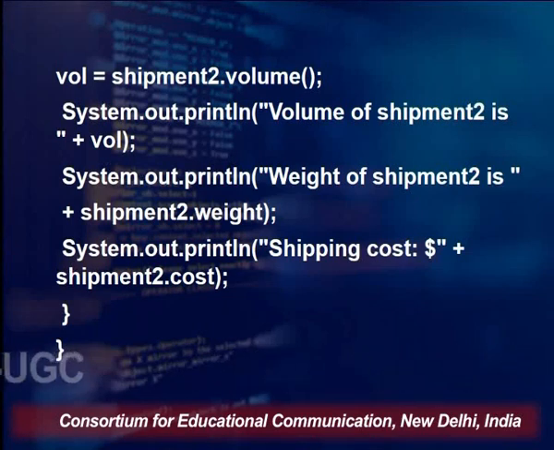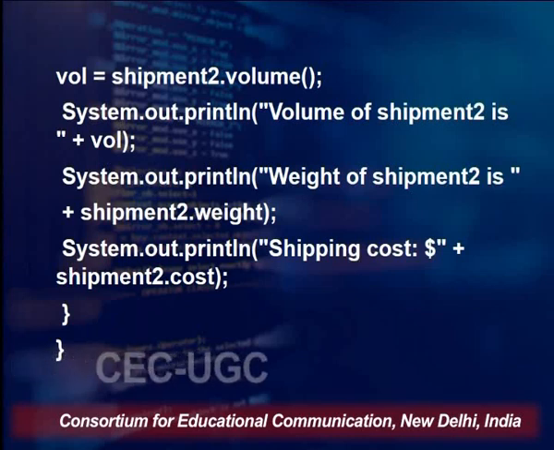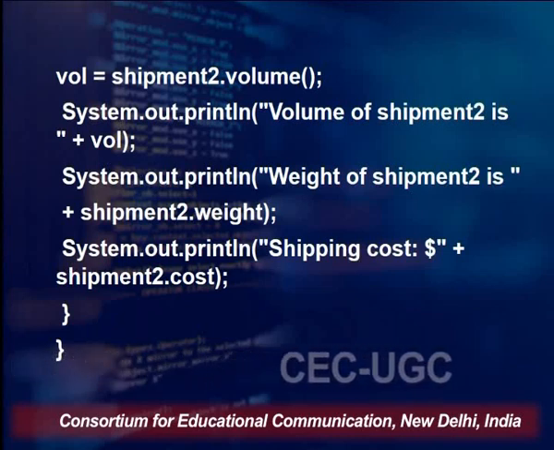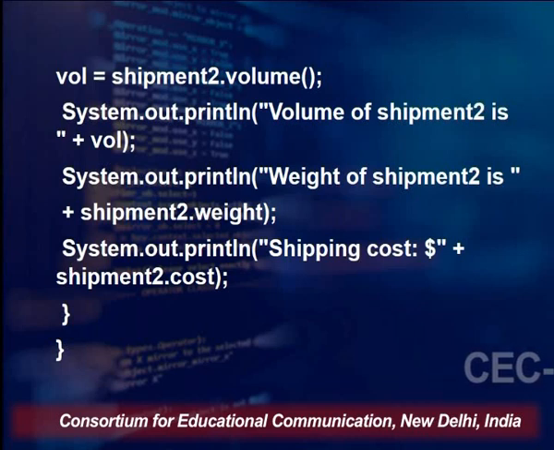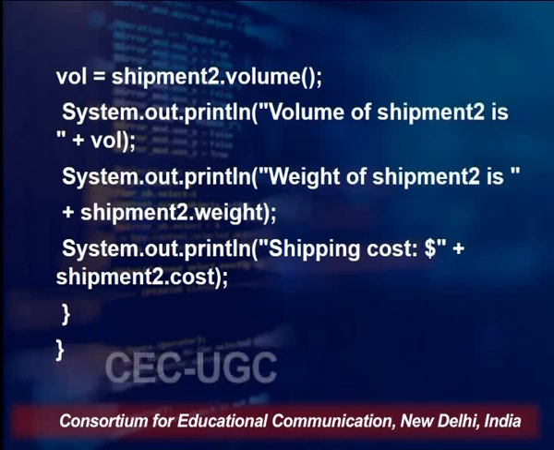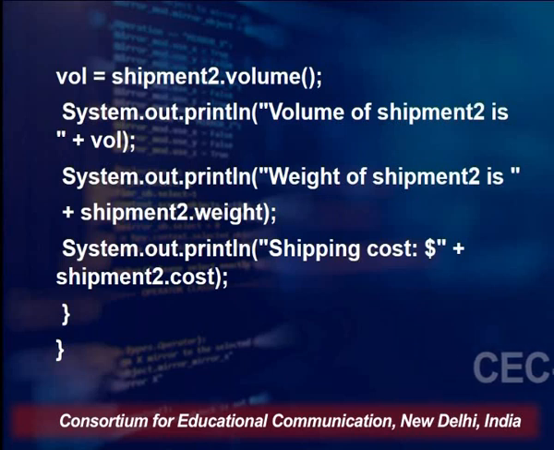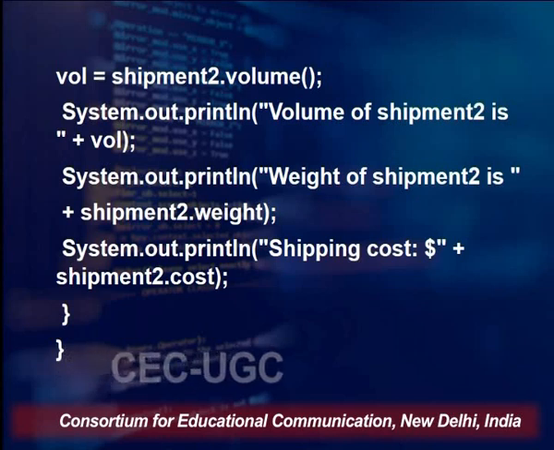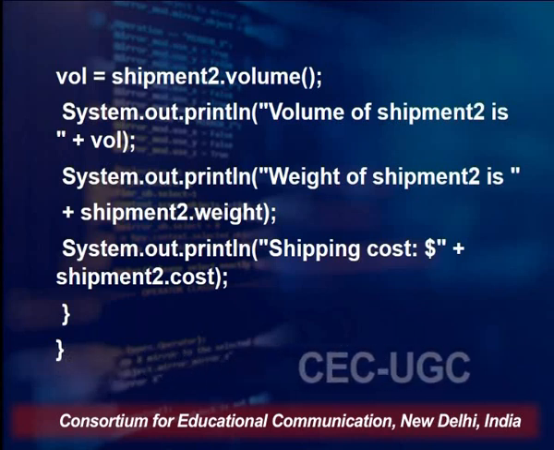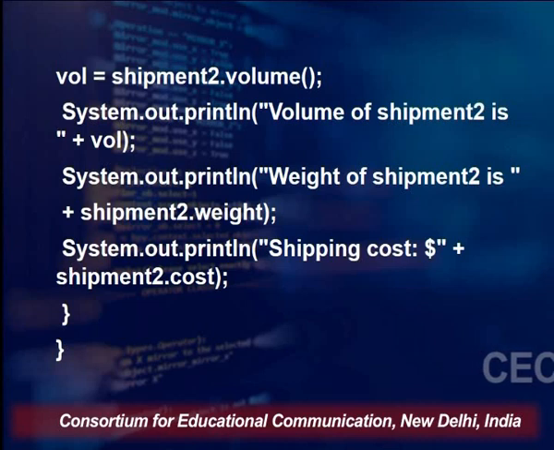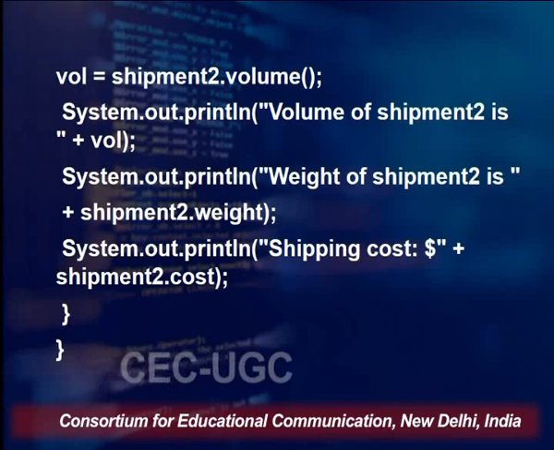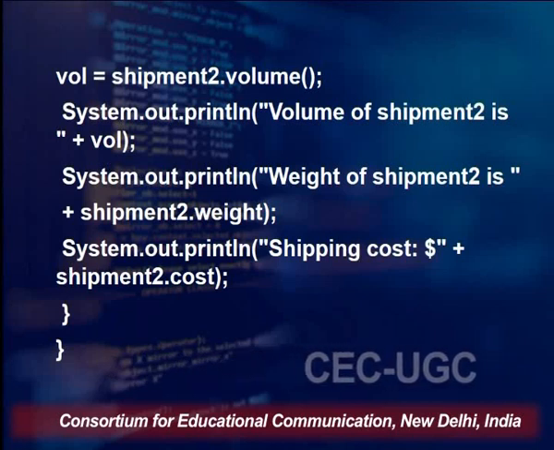Then the 4 constructors in the box weight class appropriately use the keyword super, and finally the 4 constructors inside the class shipment also use super in an appropriate manner. And whenever I use the method volume with an object of class shipment, which is shipment 2, or we can also have shipment 1,